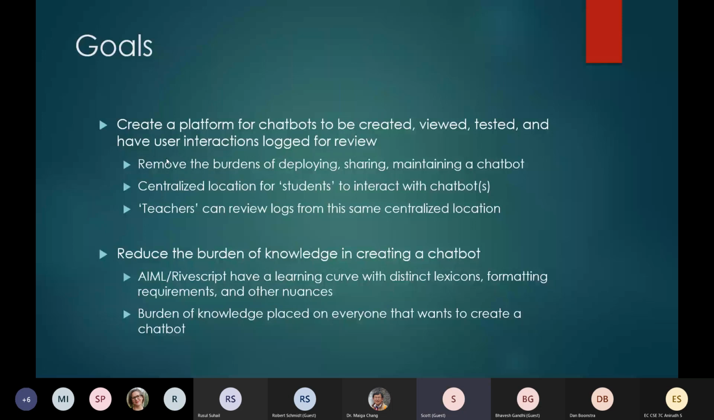The second thing, mostly with the visual aspect of it, is to reduce the burden of knowledge in creating a chatbot. AIML and JavaScript are just text-based, but text-based things have a learning curve. They have their own lexicons, they have formatting requirements to make sure you don't run into errors, and they have other nuances. JavaScript, for example, everybody should be familiar, maybe not, with the asterisk symbol in SQL queries and